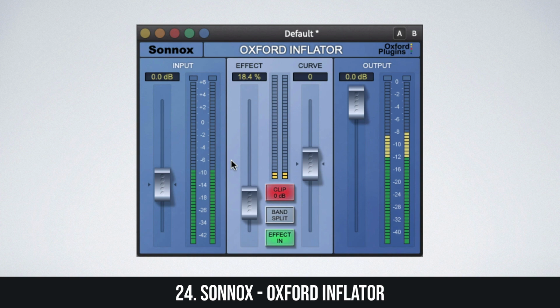The inflator does not employ signal compression, so there is no pumping, dynamic level change, loss of presence, or flattening of percussive attacks. The full dynamic information of the music content is largely preserved despite the increase in average modulation density. Due to the way that the Oxford Inflator processes audio, you can apply it after your final limiter while mastering. When you need to squeak out a little bit of extra loudness, the Oxford Inflator's got your back.